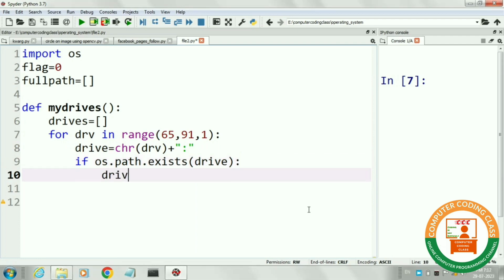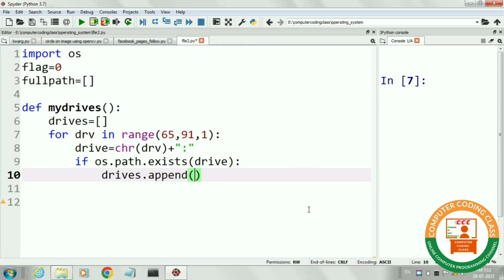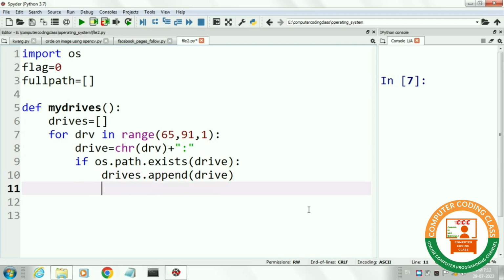If any drive is present, then we will append that drive to our Python list named drives. At last, we will return the Python list drives. We have created the myDrives function and accessed all the drives of the computer system.